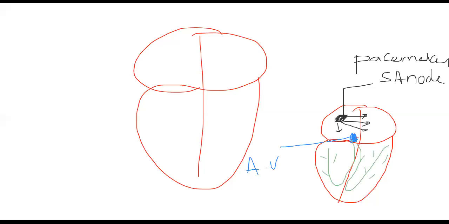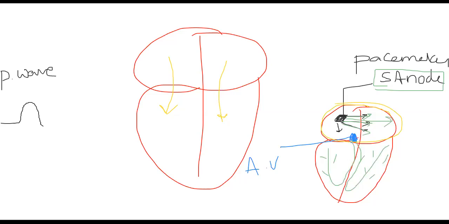Whenever the pacemaker, the sinoatrial node, creates the electrical impulses of the heartbeat, they spread through the atria, not through the complete heart. So it spreads in the atrial region. That makes the contraction of atria, which moves the blood from the atria to the ventricles, as we learned earlier. So now we have to see how it is going to be recorded on ECG. It will be recorded in the form of the P wave.